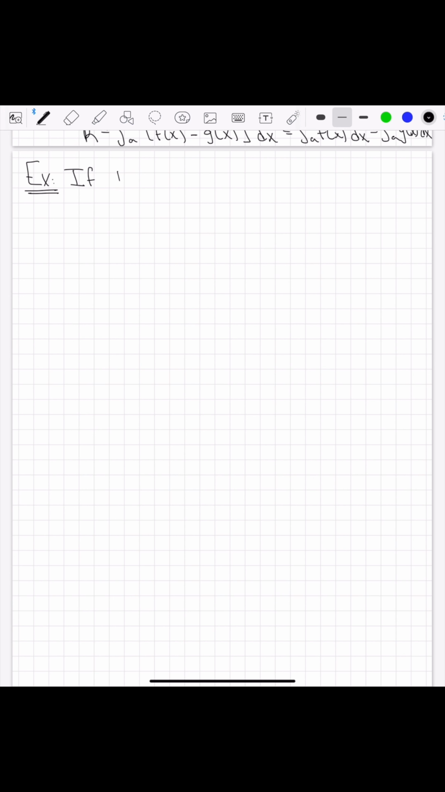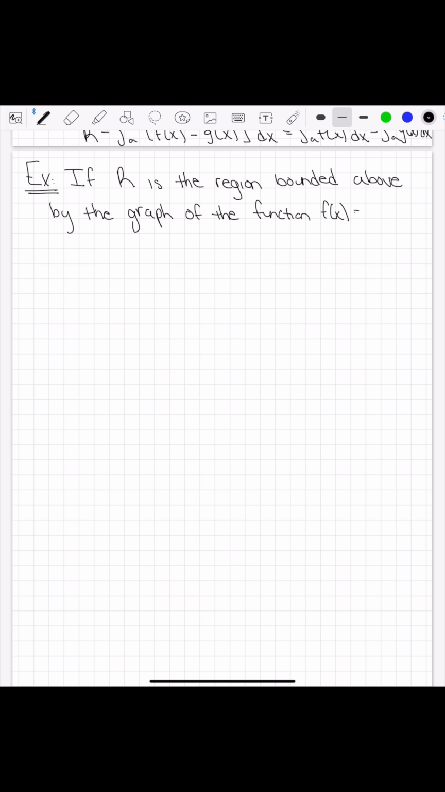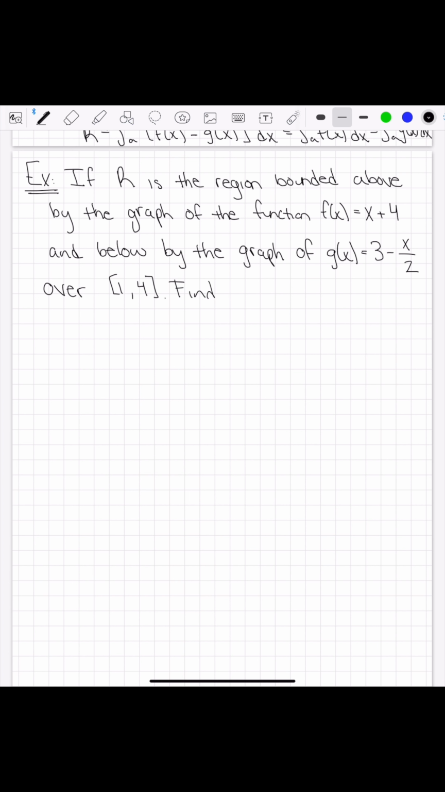So if R is the region bounded above by the graph of the function f of x equaling x plus 4 and below by the graph of g of x equaling 3 minus x over 2, over 1 to 4. Find the area